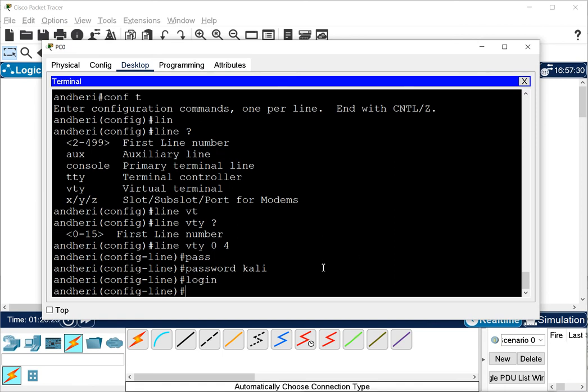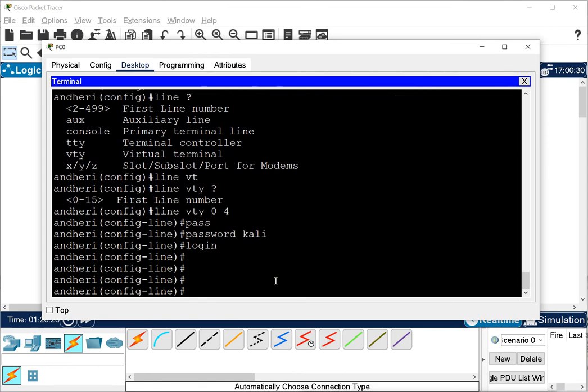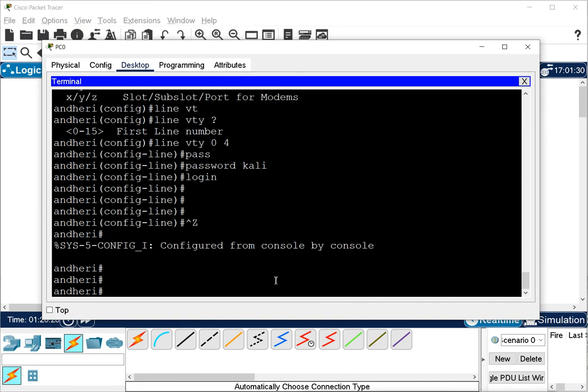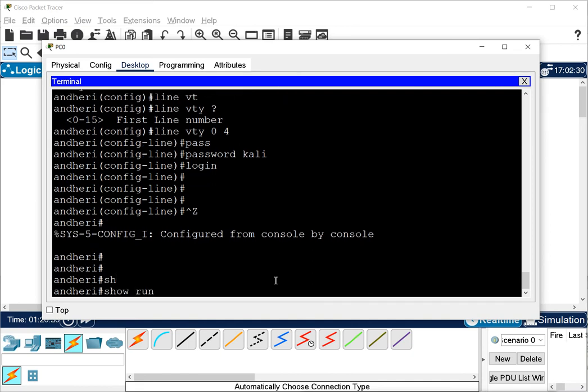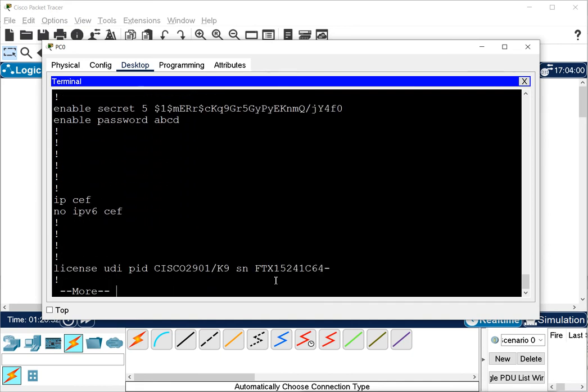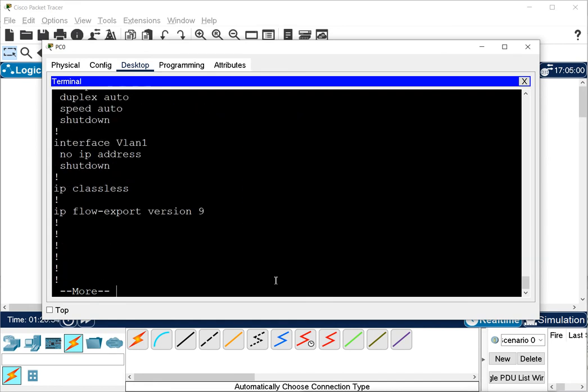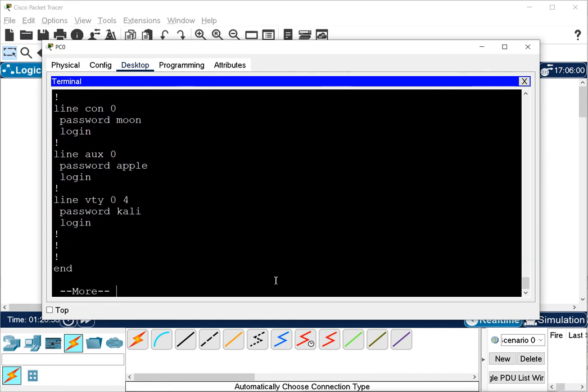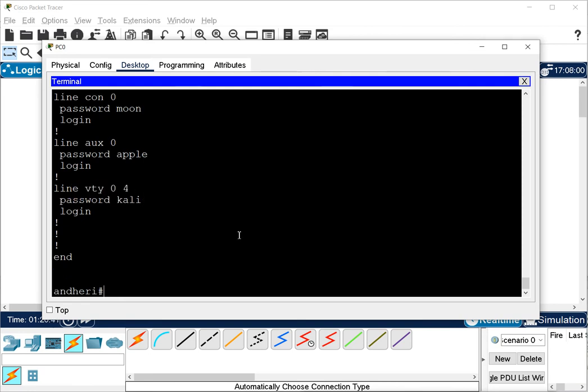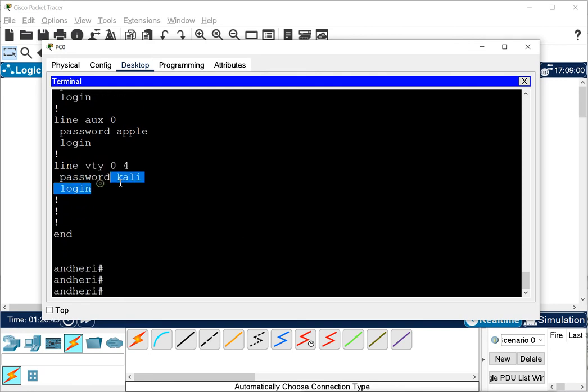Login is already there, so we don't need to give login. It is now configured, the password for the VTY also, and now show run config. So privileged passwords are there, and the console, auxiliary and VTY passwords are also configured. Now you can also see the password here. This password is also plain text. So it is also not secure, you can see the password, but the privileged secret enable secret password